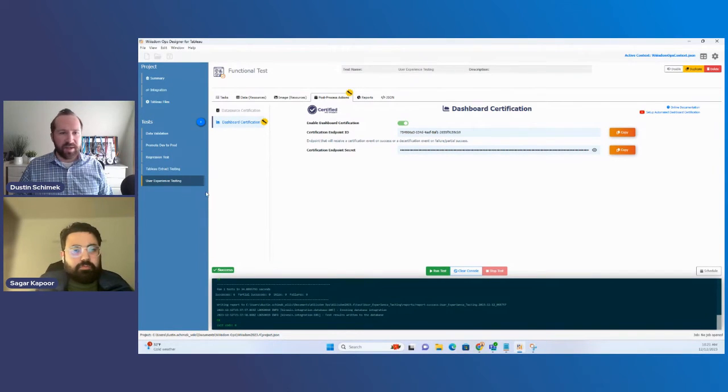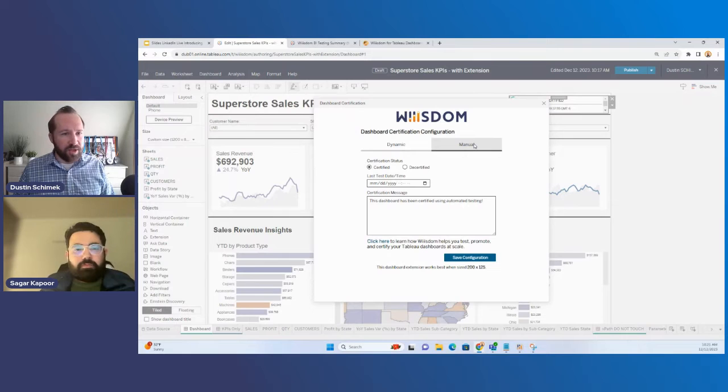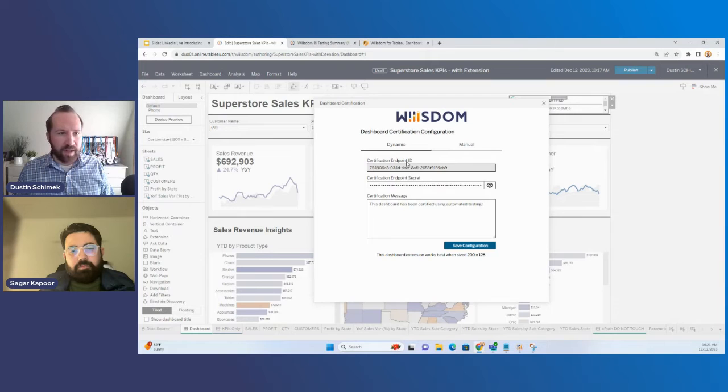So you enabled your test, you set up your test to test for the things that are important to you. You can copy and paste the endpoint ID and secret right into the configuration screen. Okay. And this is if you want to use automated testing, right? If you don't, there is an option actually to manually configure this. So I mentioned the dashboard extension is out there for free for anyone to use. You can manually configure it using this tab right here. Okay. The only difference is this isn't going to be driven by automated testing. Instead, this is going to be something that you would need to configure on your own based upon manual tests that you performed on the dashboard. Okay. But if you're a Wiiisdom Ops for Tableau user, you can use this capability and get that certification status